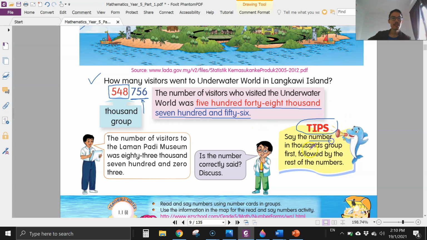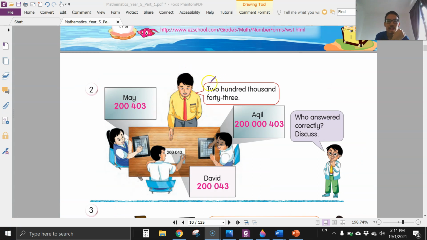Okay, so look at the tips here. Say the number in 1,000 groups first. Okay, baca dulu angka di depan ini. Okay, yang ini kumpulan ribu. And then followed by the rest of the numbers. Okay. For this example, now the teacher says the number